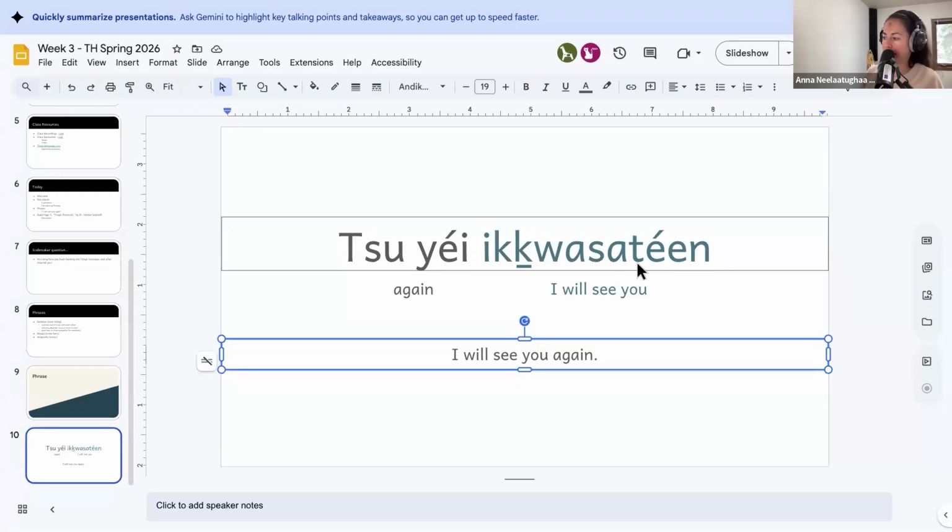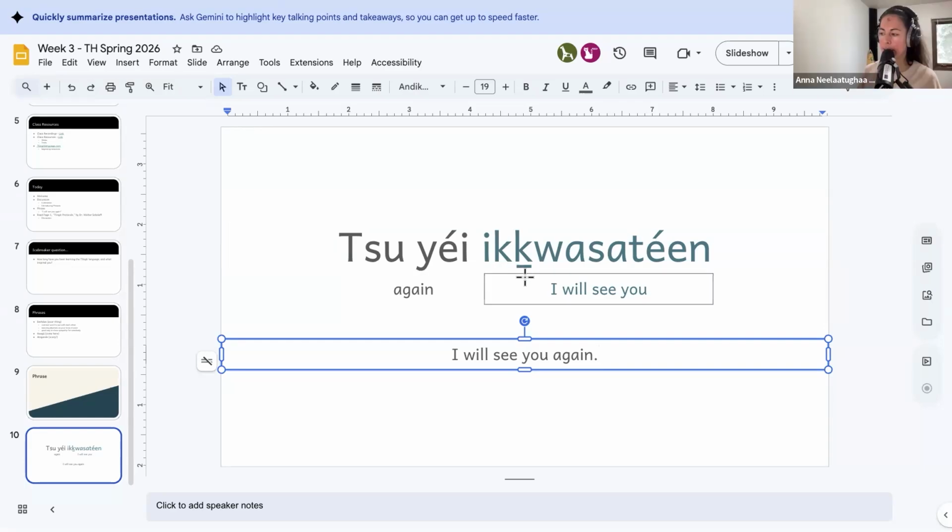The root of the word is at the end here, so let's do just the ending of the word. This T, high tone double E. Repeat after me. Teen. Teen. Now let's do the first half of the word. We have two K's next to each other. This first one, ik. Repeat after me. Ik. Ik. Good. This next sound is underlined K, W A. Kwa. Kwa. Good job. If it's underlined, it's in the back of your throat.